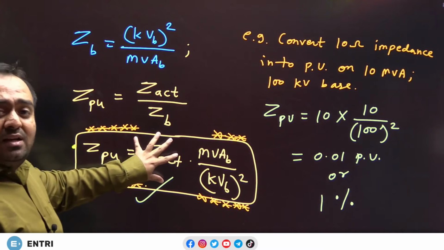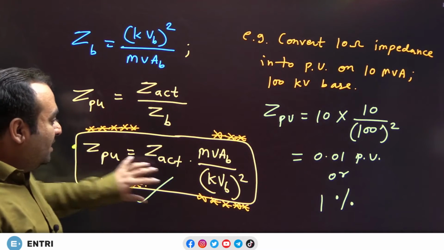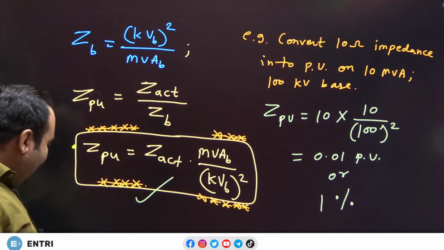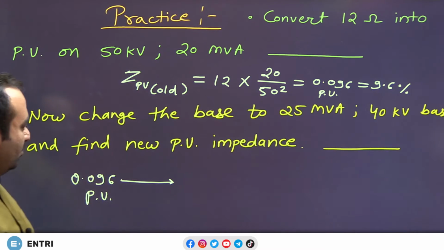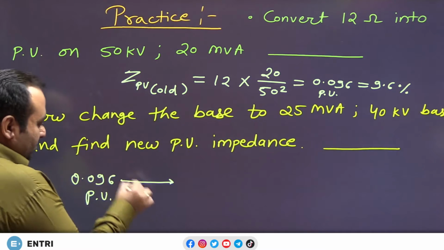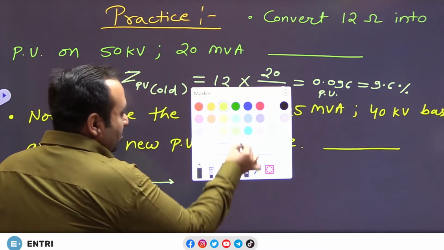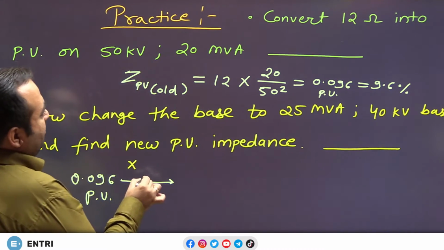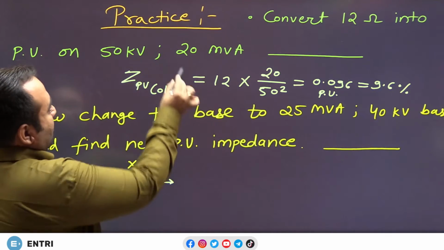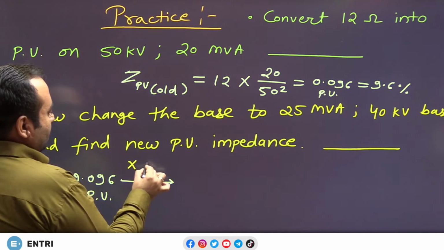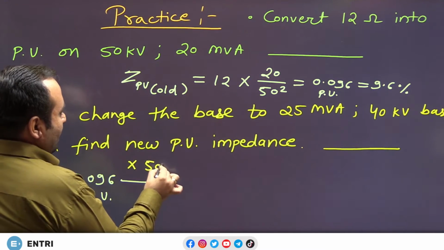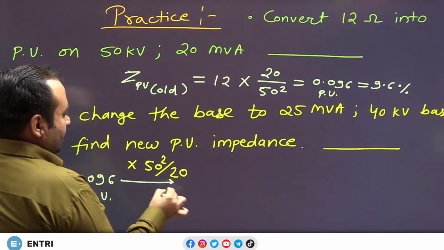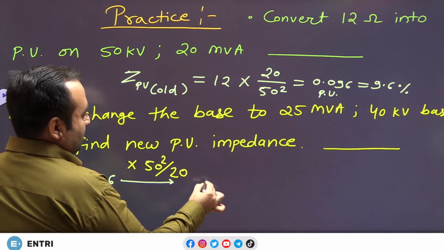Z actual is equal to Z per unit into kVb square divided by MVAb. Yes or no? So I have to convert it into actual value. What will I do? Into kVb square. Sir, kVb square is how much? 50. Sir, why are you taking the old value? I'll tell you, don't worry. Upon 20. So you will come back at,